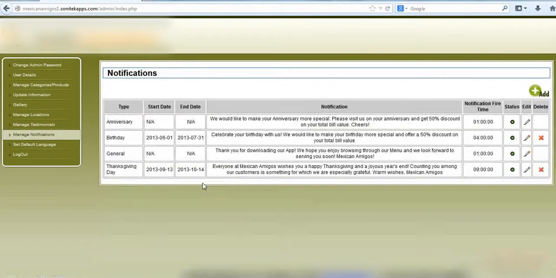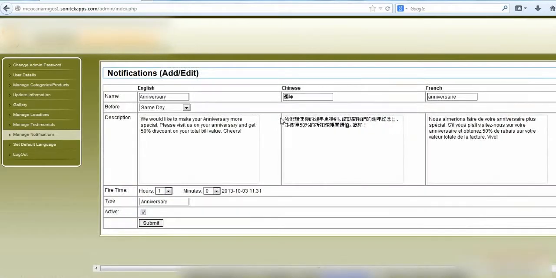The manage notifications module allows you to send unlimited notification alert messages directly to your app users. You can see the two notifications for anniversary type and birthday are the ones which are hard-coded into the application, which means you can edit the notification message from this section, and you can set the time for these types of messages to be sent, and this will automatically be sent to the users on their